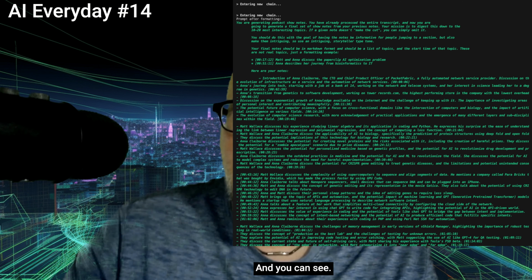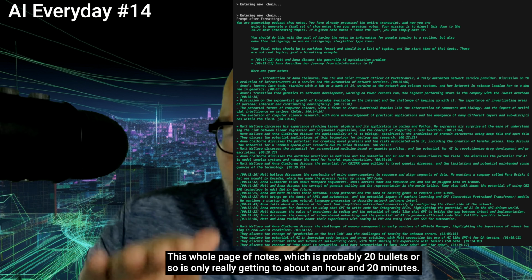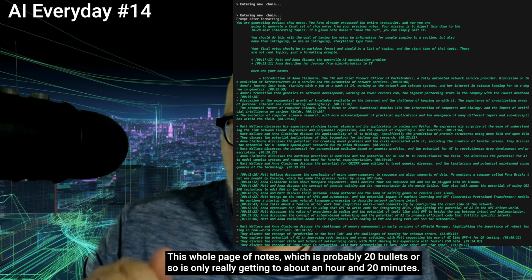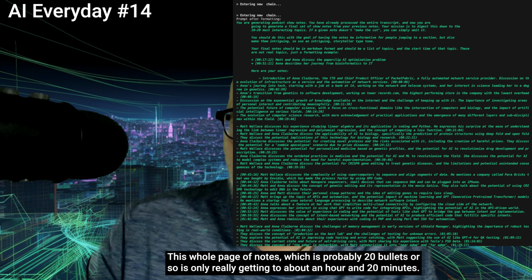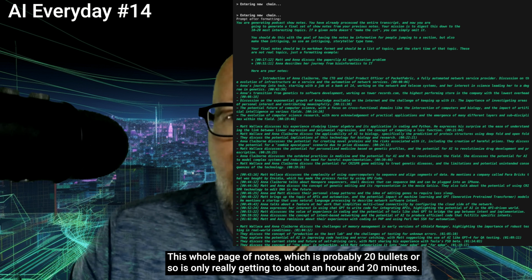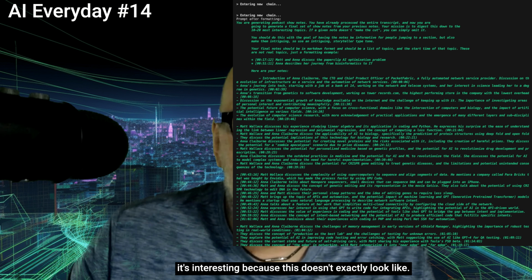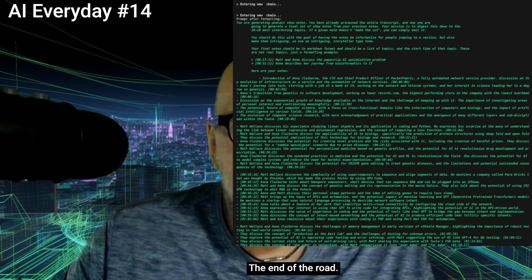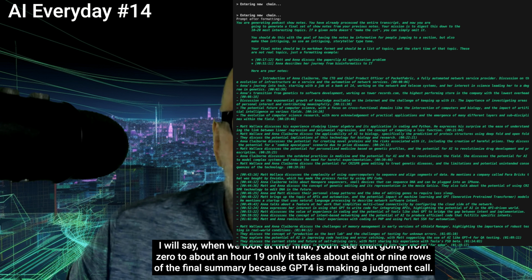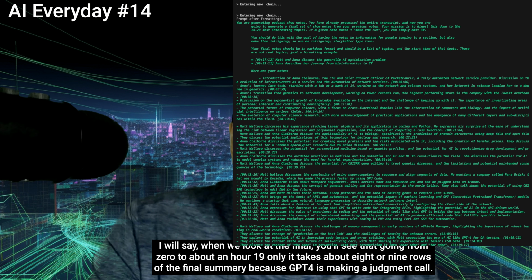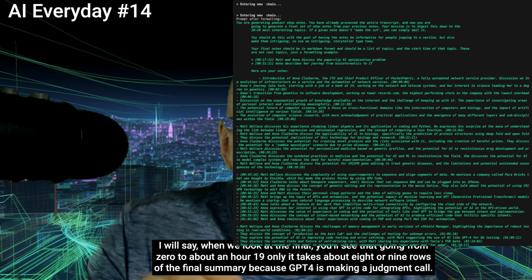And you can see there's copious notes here, right? This whole page of notes, which is probably 20 bullets or so, is only really getting to about an hour and 20 minutes. There's a lot of detail in here. It's interesting because this doesn't exactly look like the end of the road. I will say, when we look at the final, you'll see that going from 0 to about an hour 19